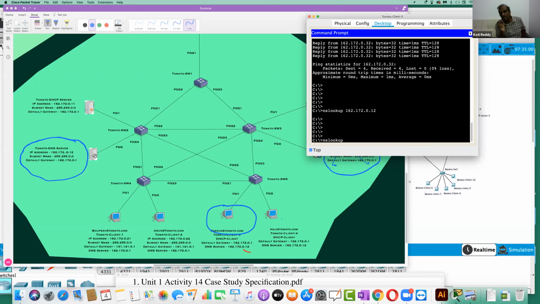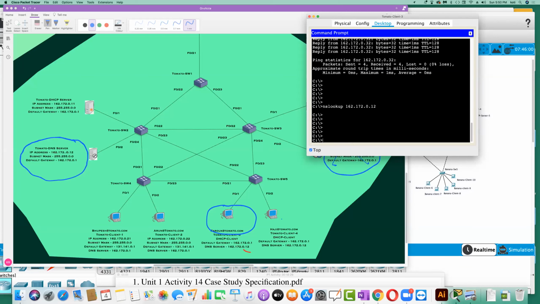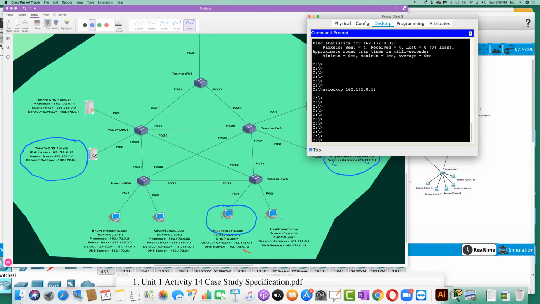No, nslookup and what? The IP address, sir. That tomato.com server IP address? No. If you type that it won't resolve, because the DNS is already not working. So we need to check whether DNS is working for the local site, so we type a public DNS like www.google.com or www.yahoo.com, so that DNS will resolve the local one.